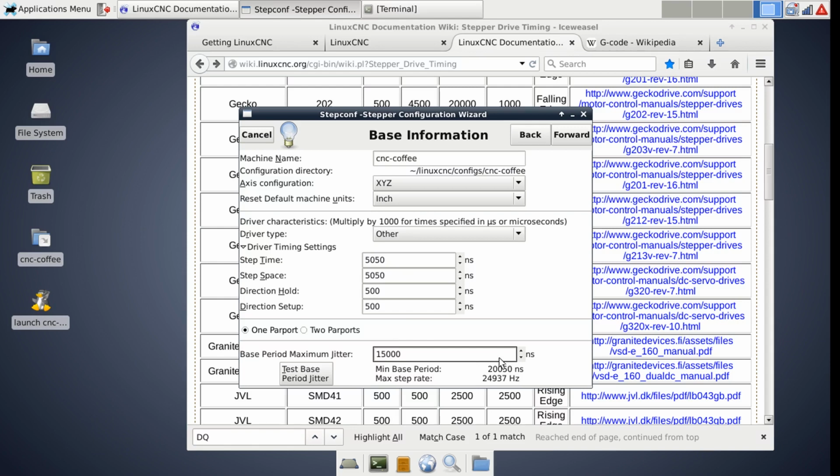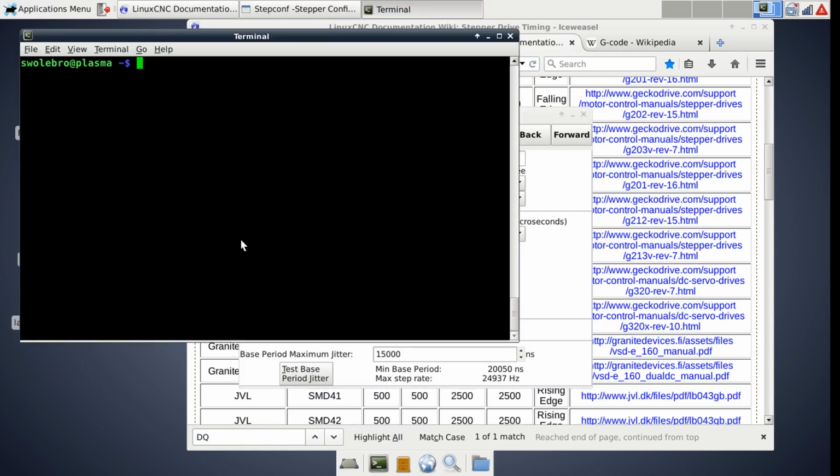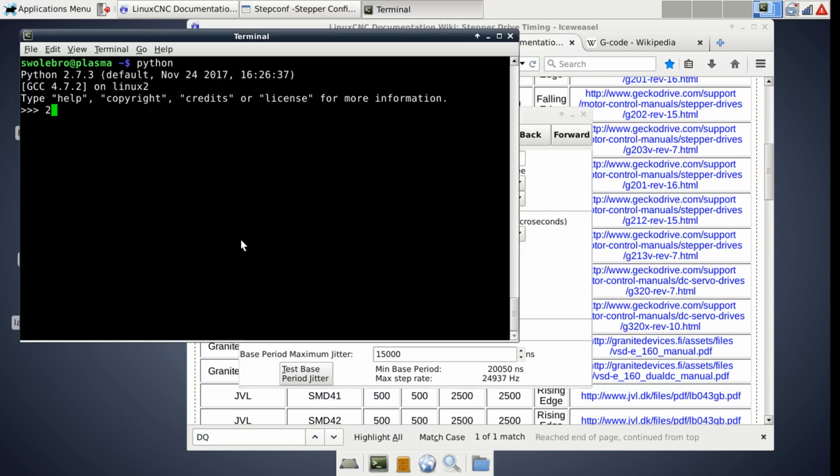So as an example, we can see here how 20,050 nanoseconds comes from 15,000 and the 5050 up here. Now if we go to a calculator, and we look at 20,050 nanoseconds, that's 10 to the negative 9, that is the duration for a high or a low pulse, for how long it must hold that signal to be sure the driver got it. So to look at a complete cycle of both a high and a low pulse, we multiply by 2. Now if we consider how many of those you can get in 1 second, and run the calculation, then that's